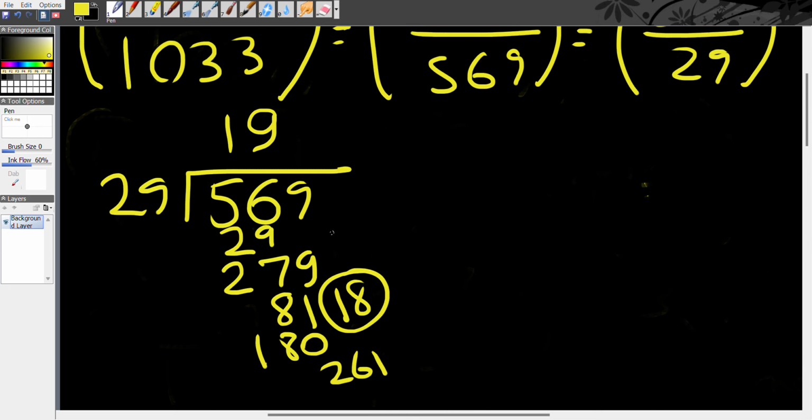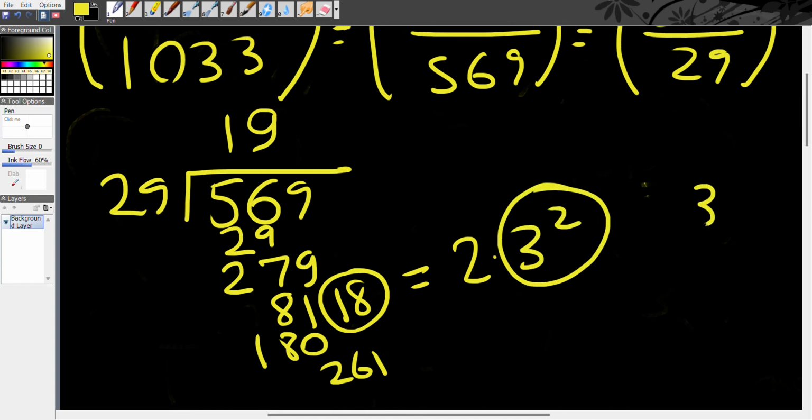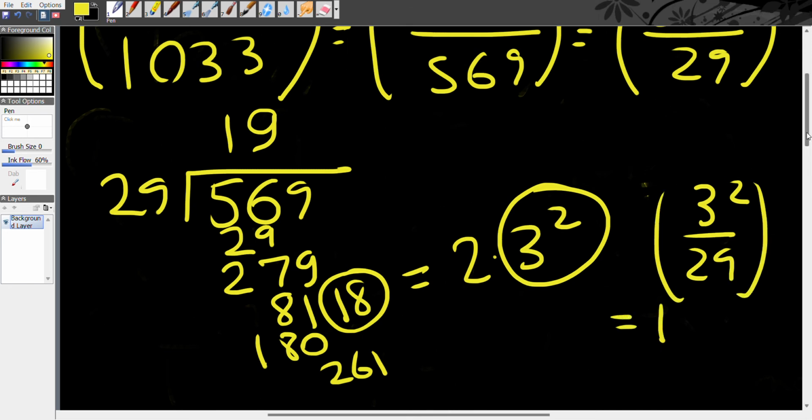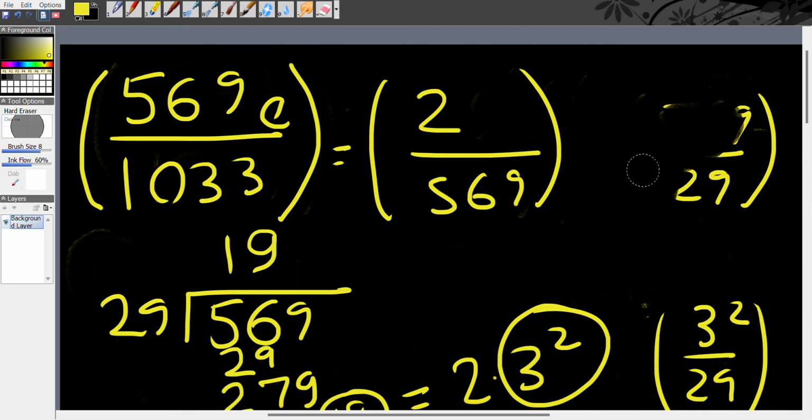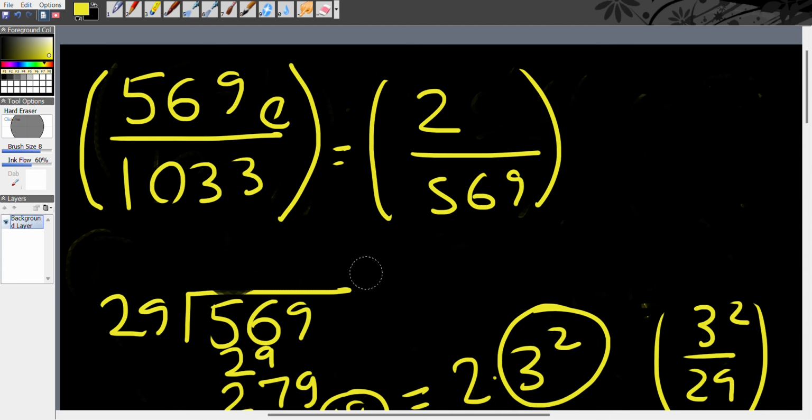18, right? I think we have an 18, which becomes 2 times 3 squared. That square goes away because 3 squared mod 29 is equal to 1. So this up here is just the Legendre symbol. This is the Legendre symbol that we're down to. We have not incurred any negative ones, right? So now we have to figure out what the Legendre symbol